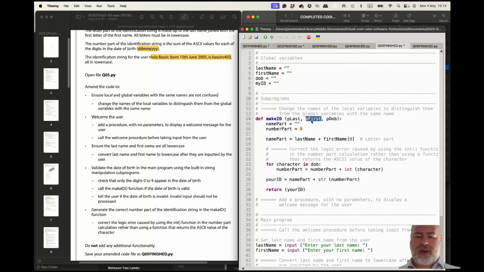Yeah, I think that's what they're looking for. Okay, ensure local and global variables. Obviously, these are global variables. Whatever we're using inside here will then be updated. So we need to say anything that we said as a local variable,